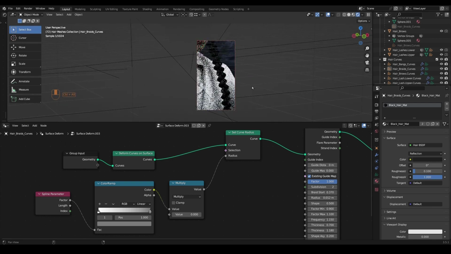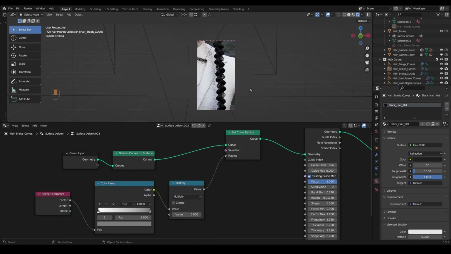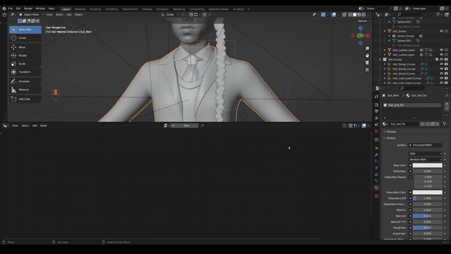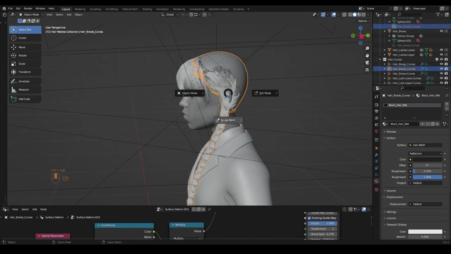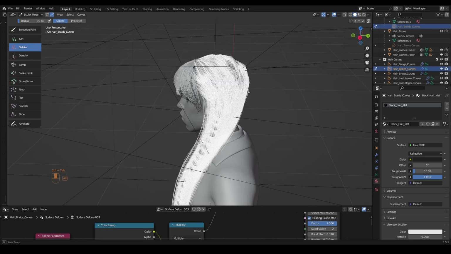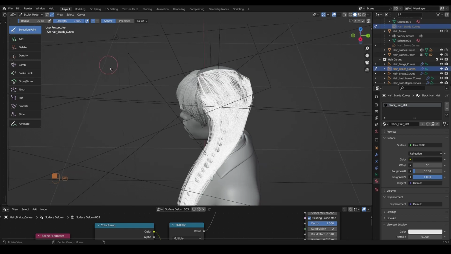Okay, and I think I kind of don't like some of these parts here. It looks like there's some thinning going on there, but I think we just need to add more hair strands. So we definitely need to add more hair strands here. So what we could do is we could still go back to our sculpt mode. We could go over here, go to sculpt mode, and we could go to selection paint, and we can go